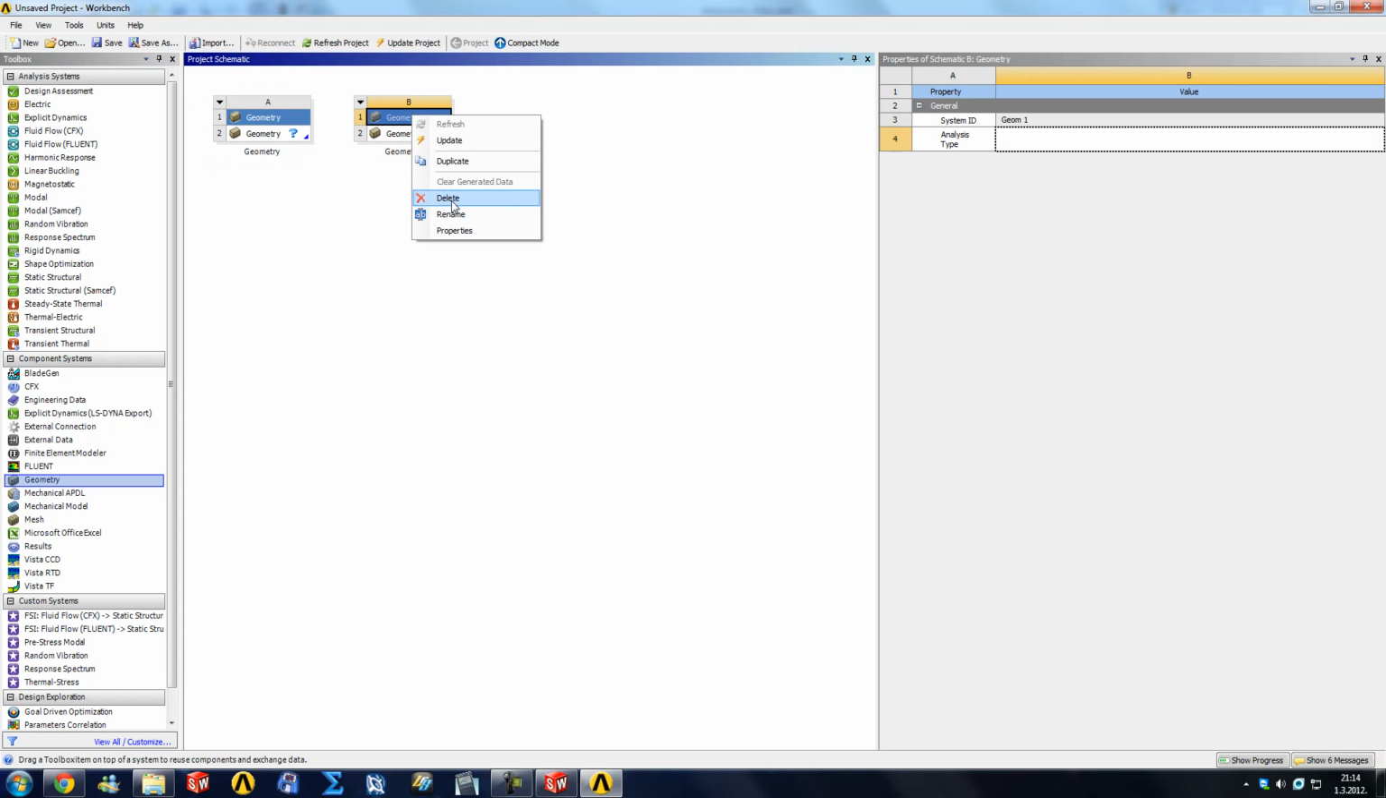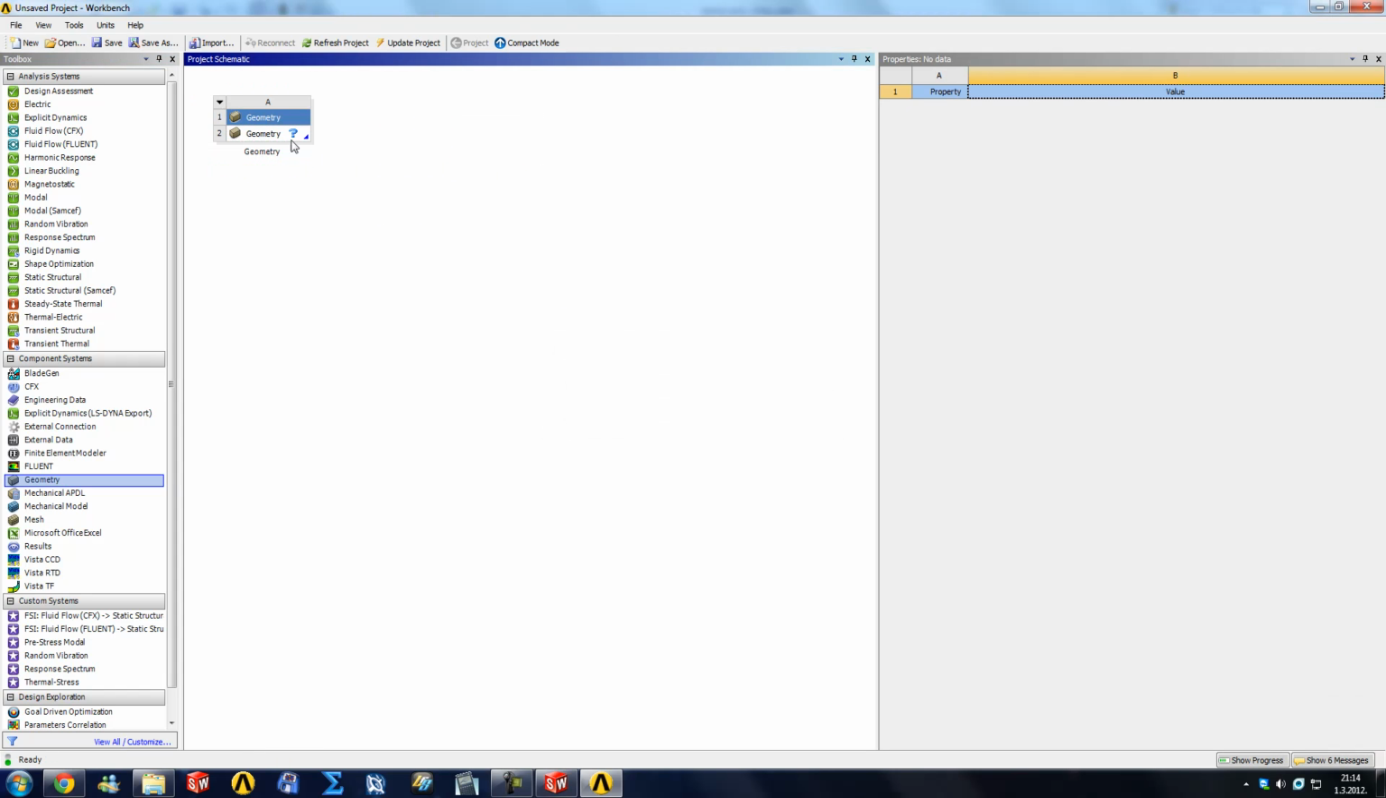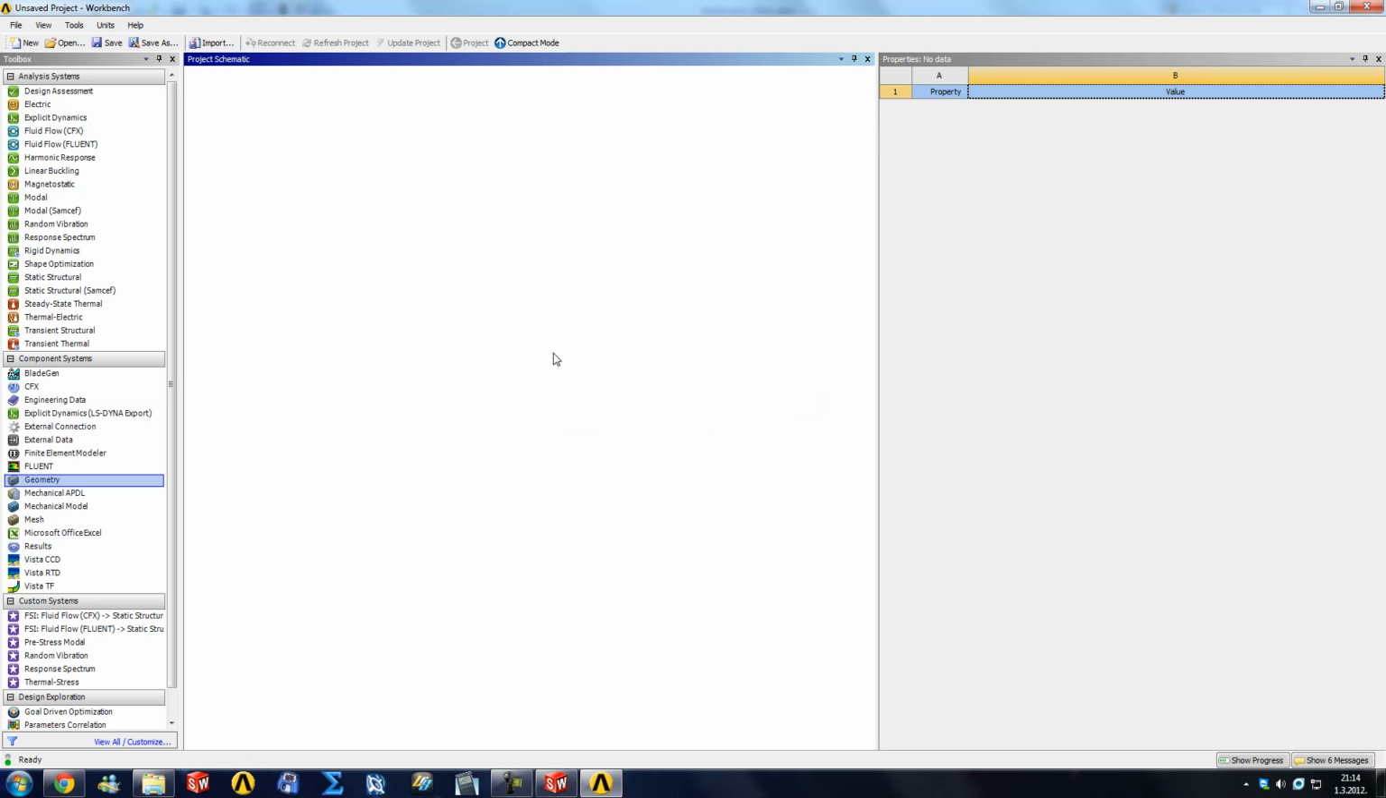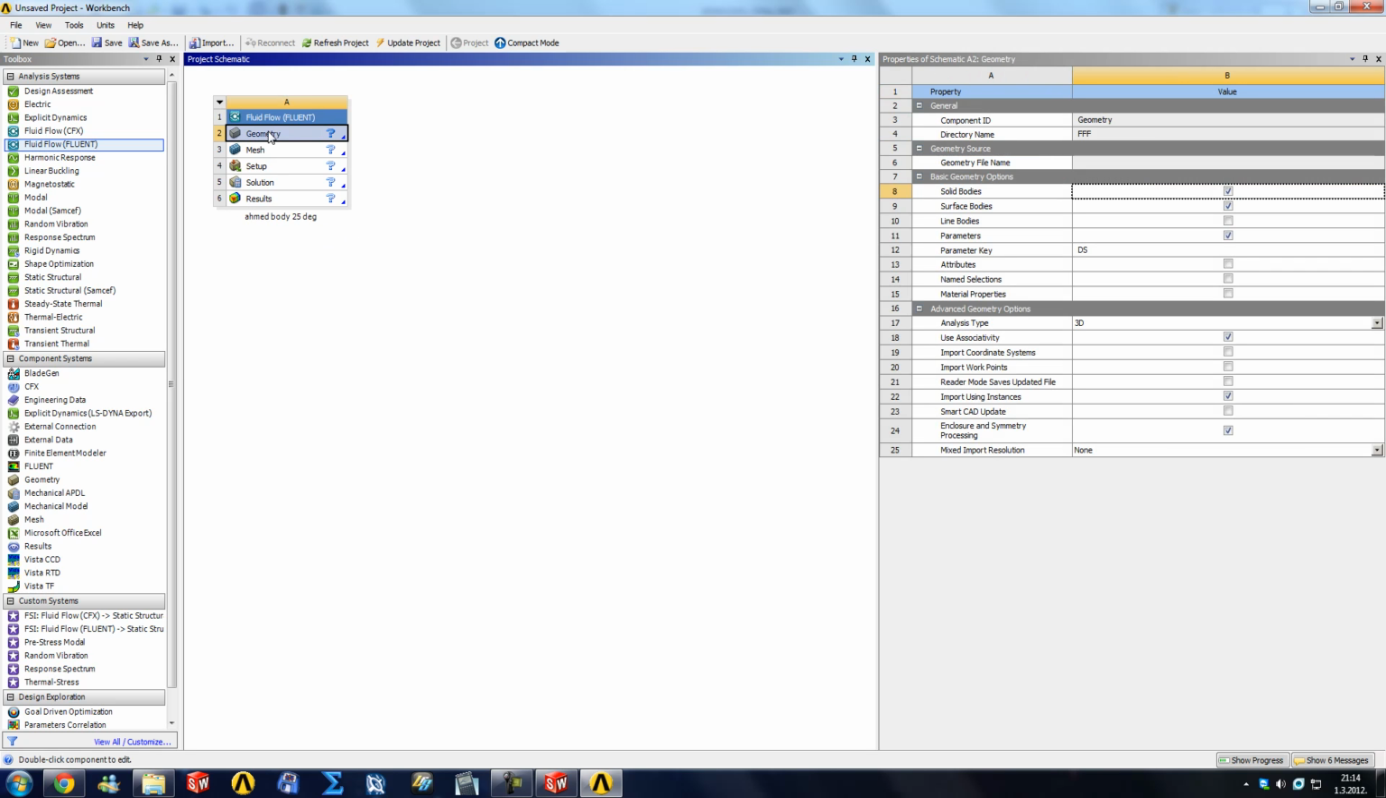So there are several ways of doing that, or you don't really need the geometry tab. Since we're going to do everything in Fluent, we can just create a whole analysis system for fluid flow and name it our AMAT body 25 degrees slant. And then we can right click here on geometry